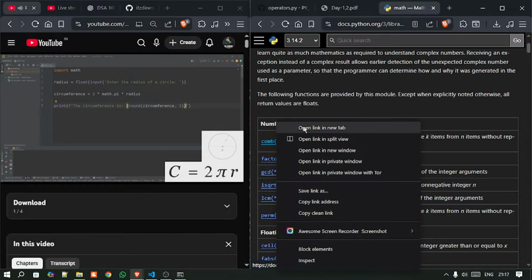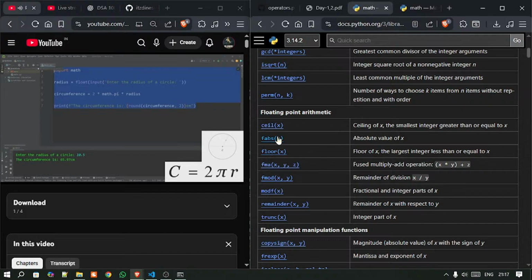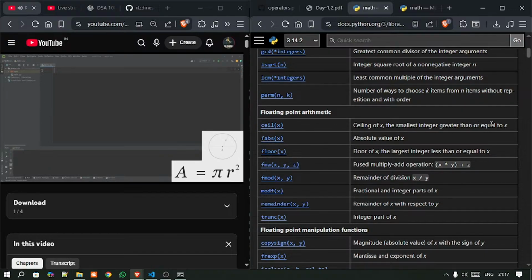You could add a unit of measurement too. Let's say centimeters. 10.5 gives 65.97 centimeters. All right, that is the first exercise. For this next exercise,